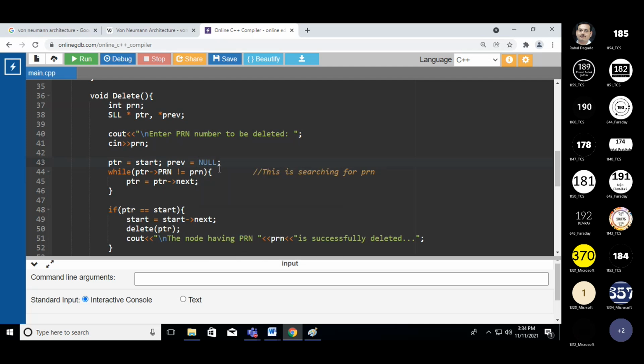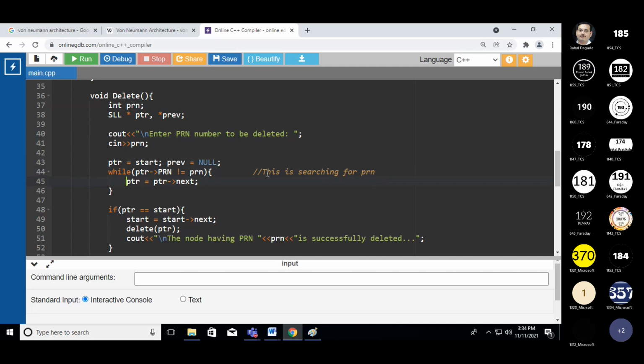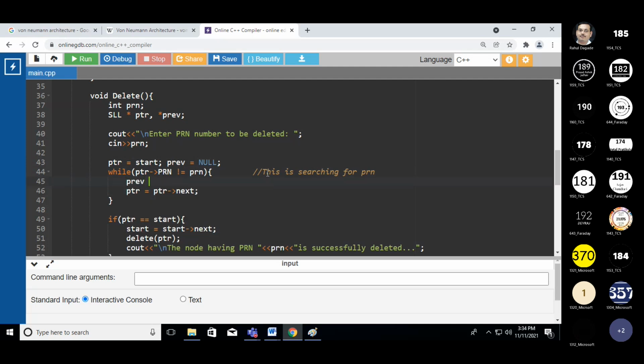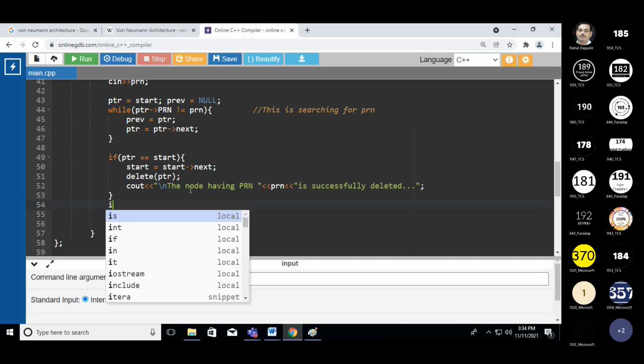And if it is moving ahead, then previous will point to the PTR. It will store the previous value of the PTR. So previous is just behind, just before the PTR. Okay, so if PTR equals start, then we did this. If it is not,